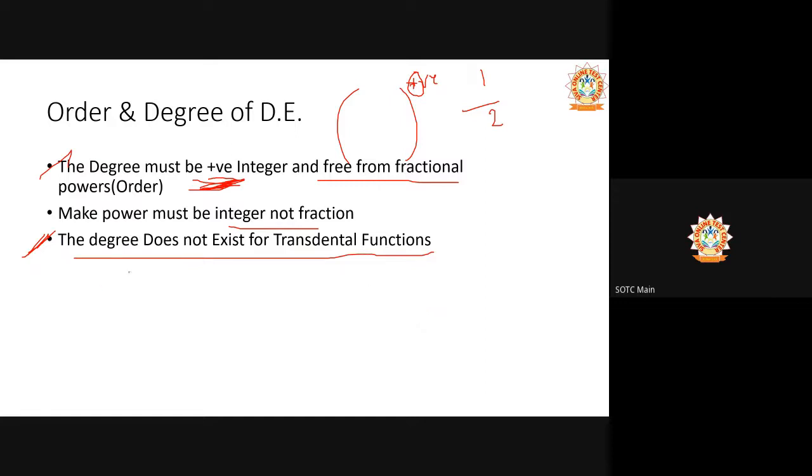Let us suppose I have the differential equation y is equal to sin of dy by dx,